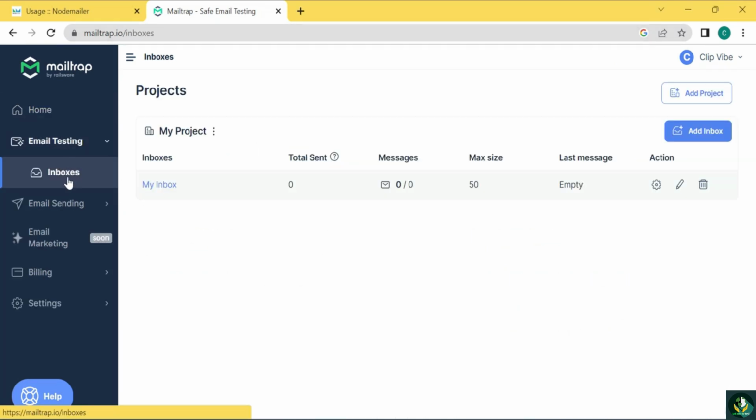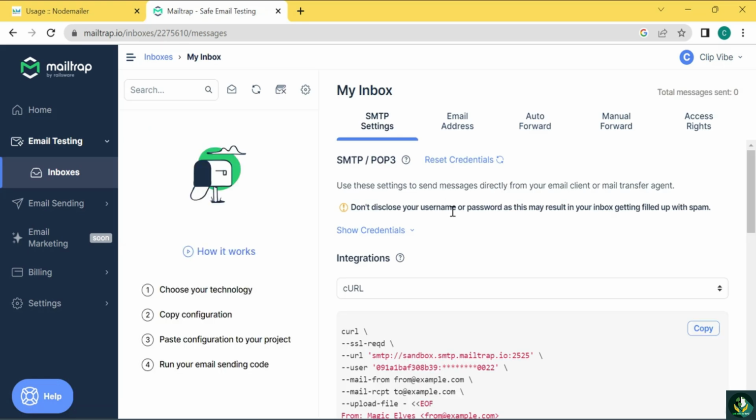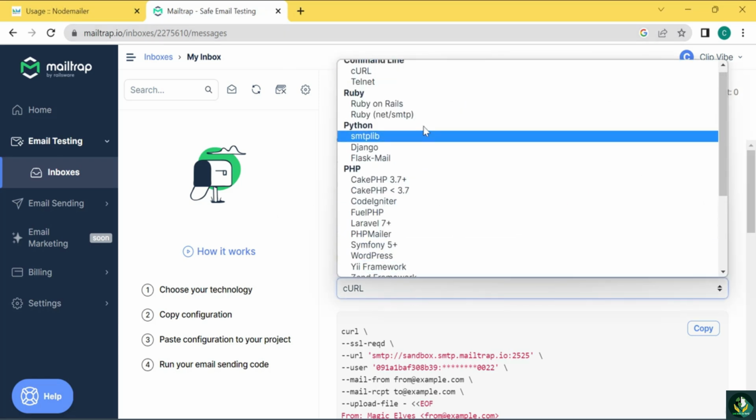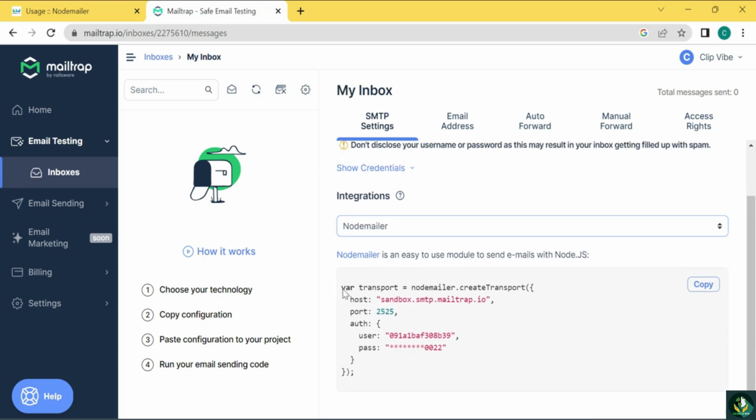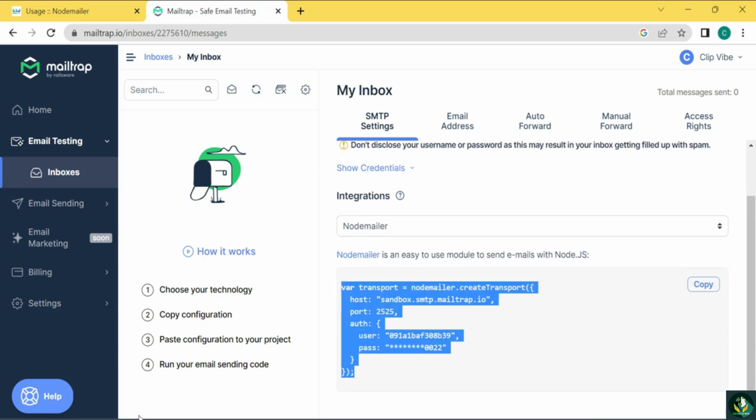And inside of this email testing, you can see the inbox, and every email that is triggered from our Node.js app, you will be able to see it over here in my inbox, right? So on this page, you will be able to see the code for integrating this Mailtrap in our Nodemailer. So you can change this integration from cURL to Nodemailer. So it is available here. So now let's copy this code and open up our